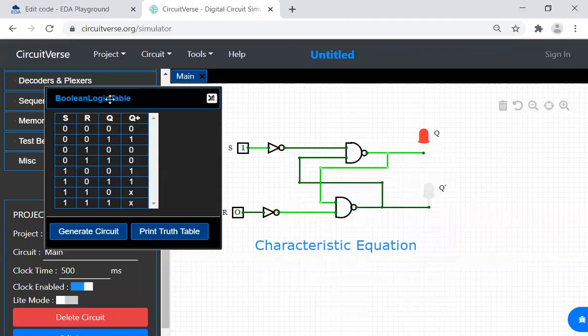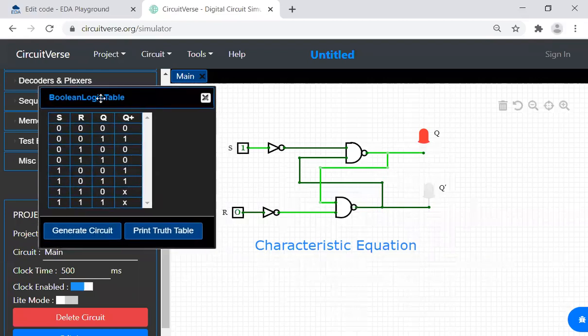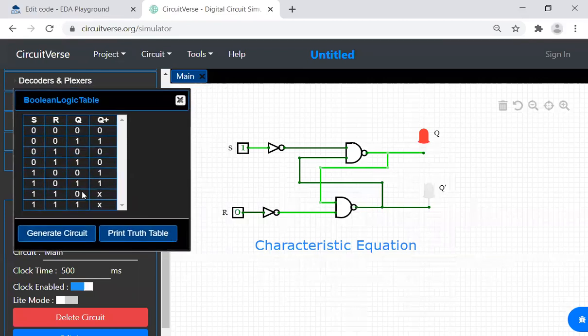Now we have the Boolean logic table for SR latch. So this is the logic table which we already know. The inputs are S, R and Q. We have to find the expression for Q plus. So what we are going to do is write the K map for a 3 variable truth table. S, R, Q is the input, Q plus is the output. Again, I'm repeating, Q bar is equal to NOT of Q, so I'm just ignoring that over here. I'm writing for Q plus characteristic equation. So first let us write the K map.